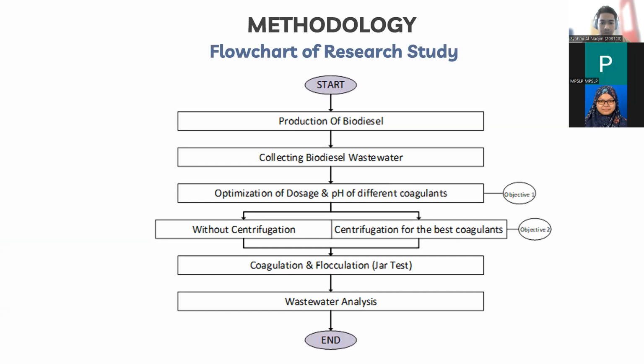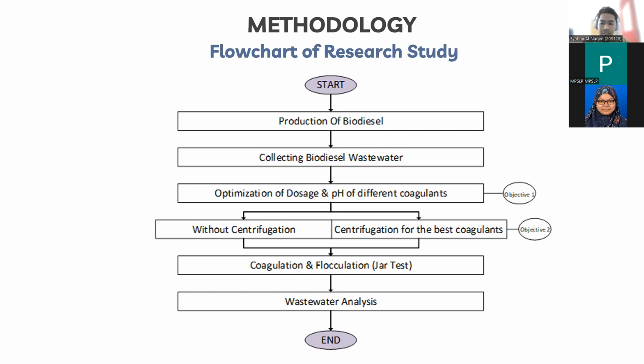So basically, I will start with the production of biodiesel, and then I will collect the biodiesel water from the Atsira, and then I will start preparing the stock solution and optimize the dosage and pH of different coagulants. So this will be my first objective. And for the second objective, the next procedure is I will proceed to the without centrifugation process first, and then I will do the coagulation and percussion test, and lastly I will do the wastewater